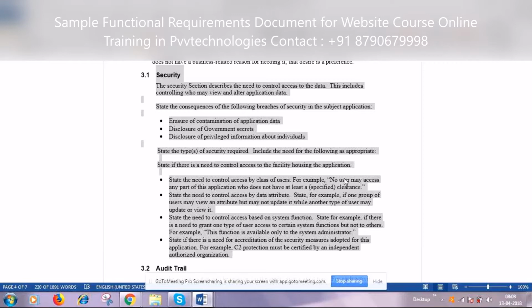When we view the application itself, based upon the user who has logged in, what are the menus and items that can be shown, and what cannot be shown to other users. Those are security aspects, you are restricting it, right? The access level permissions that you are going to restrict, that is what you are going to describe as security for the project or the application that you are going to develop.